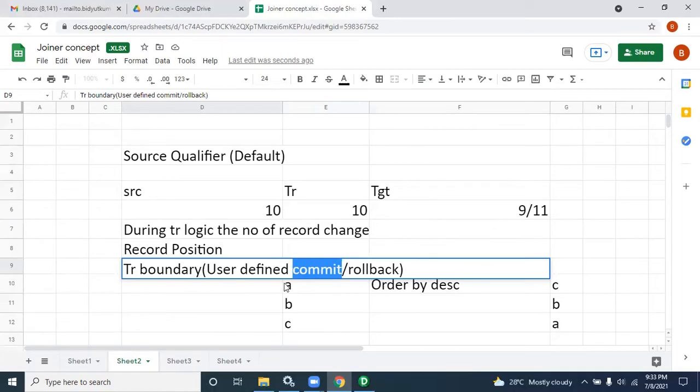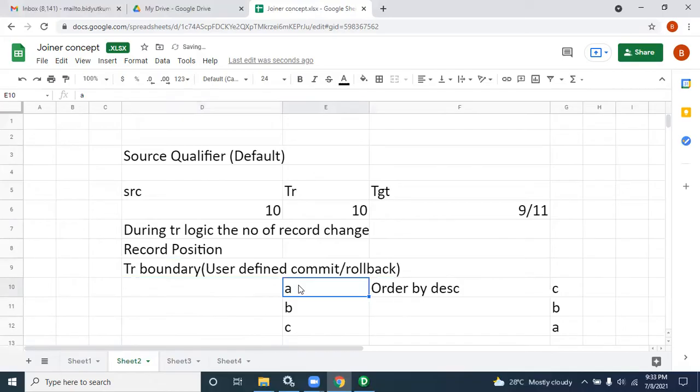Suppose you have A, and once you update the record, you make it D. But before saving the records, you want to roll back, so again you want A. That type of thing is called rollback. Commit means suppose you change it to D, then you press Control S. That means save. Okay, that is the meaning of this. Suppose we have these 3 points. Based on these 3 points, or you can say 3 properties, if any one property is satisfied, that transformation is called